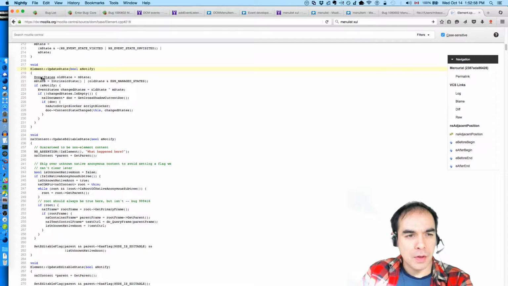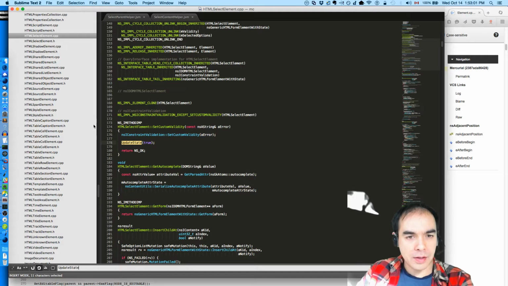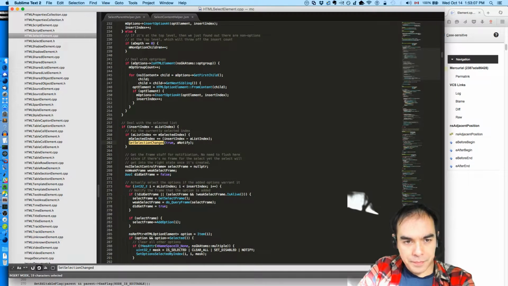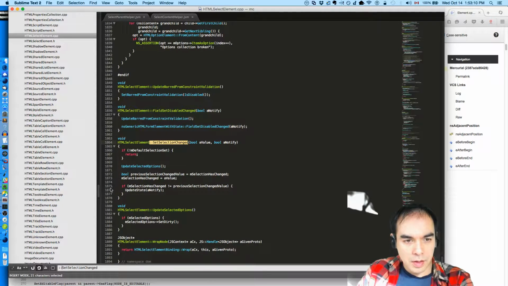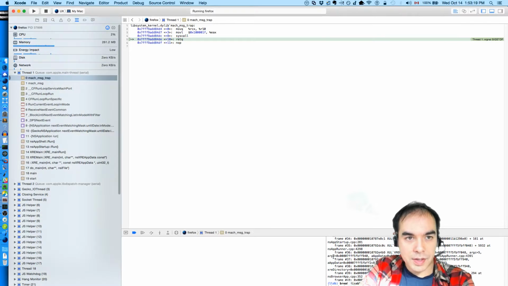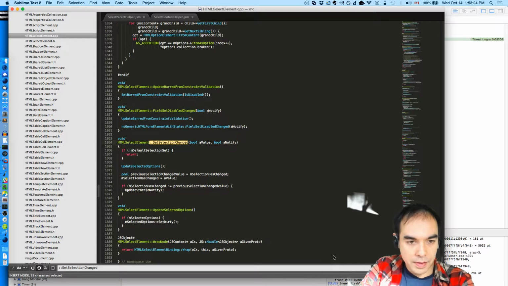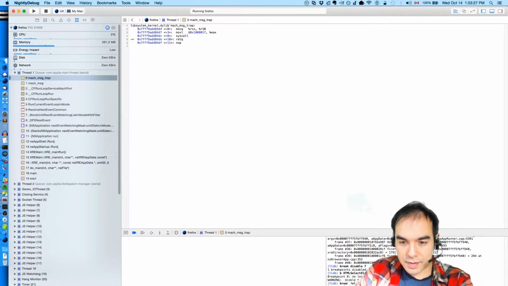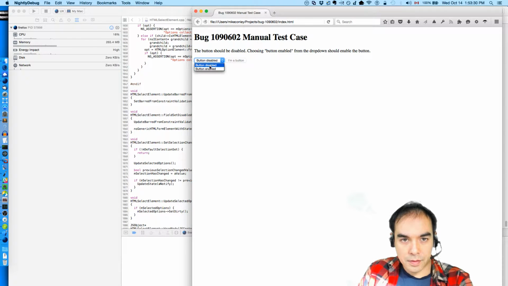Okay. So is this what we do? How about if we set selection changed? If I set a breakpoint on 1876, do we fire that whenever I actually select the element? So HTML select element, and the line number is 1876. No, that's not the mechanism that chooses whether or not to update this. There's something else entirely.